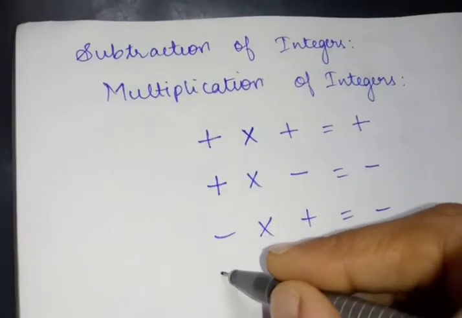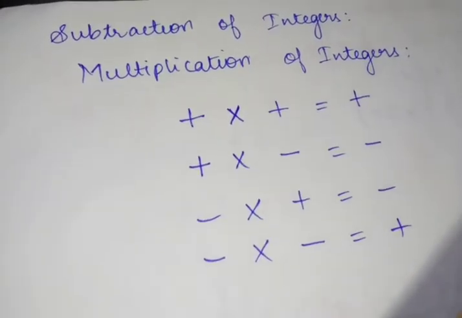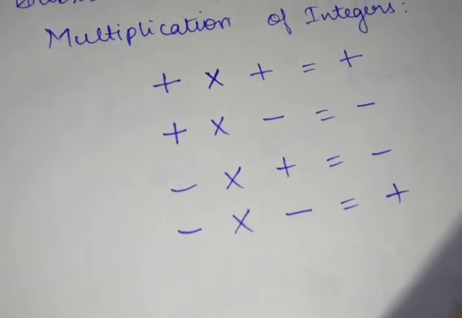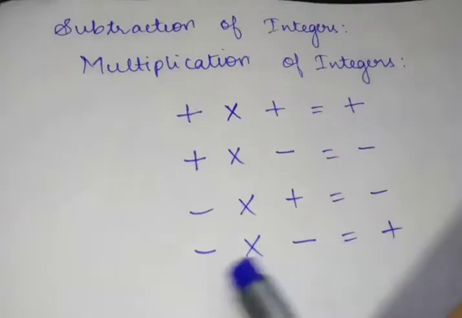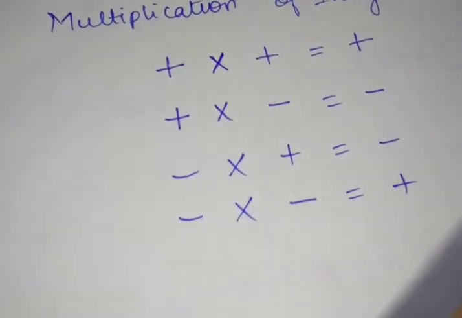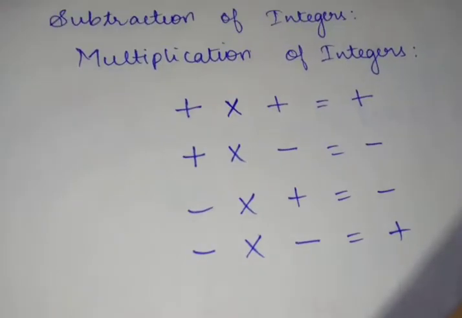Next, when I multiply negative and a negative integer, my answer will be a positive integer. Wait, I will explain you using the example. Okay, so these are the rules of the multiplication. So once you learn the multiplication of integers, the subtraction of integers will be very easy. Okay, see,